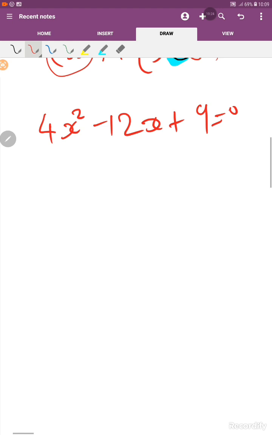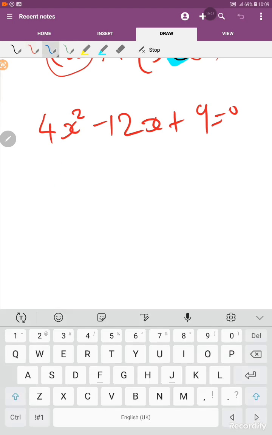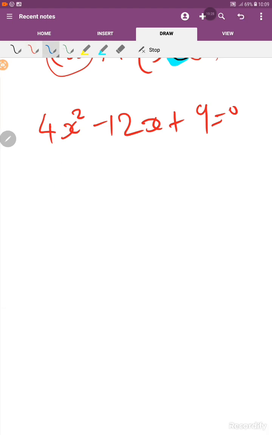So we are going to say that because of this 4, the coefficient of x squared, we are going to focus only on the constant number, on factorizing the constant number, finding the common factors of the constant number. I repeat, because of this coefficient of x squared, we are going to focus on finding the common factors of the constant number. Then open bracket x,